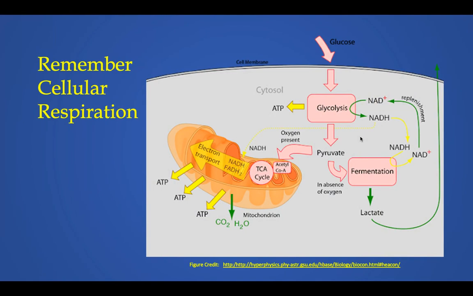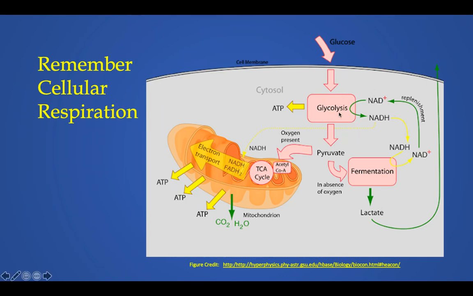I want you to recall what you know about cellular respiration and the basics of glycolysis and the electron transport chain and the making of ATP oxidatively. There are really two routes that a cell can take. So ultimately, glucose is our energy source, and glucose will be broken down into ATP either glycolytically if there is